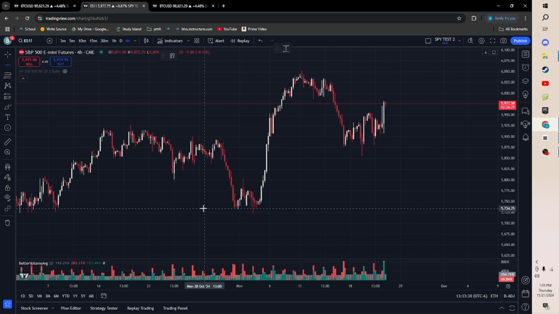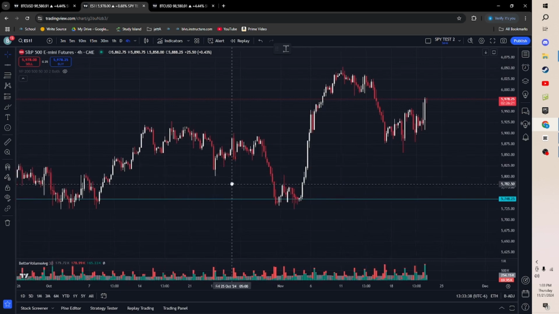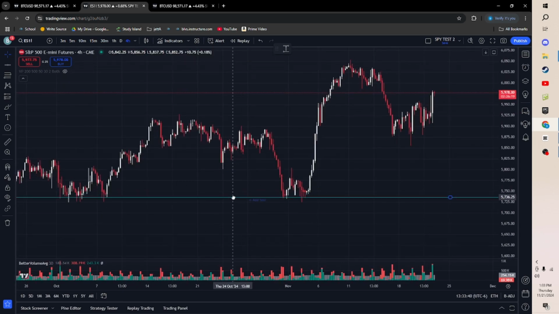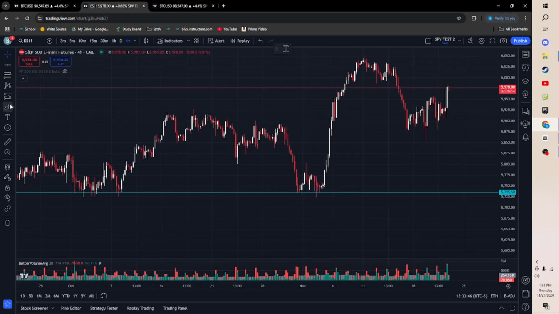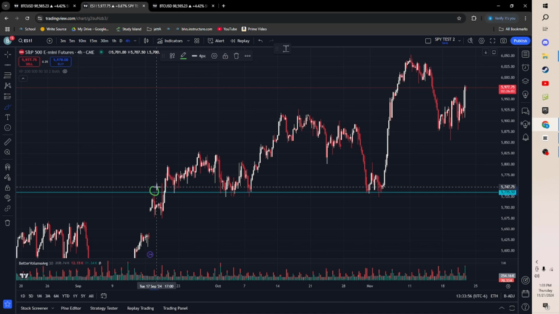Okay, so first I'm going to mark a level right down here, actually I'm going to put that right around there. What made me put that there? Well, every time we came into interaction with this level, we had some type of price action, okay? So right here, we run up and we reject off the level, and we touch the level to a T, okay? We retrace off of it and we come down, and then we actually break through it. We come back down and we touch it to a T again, except